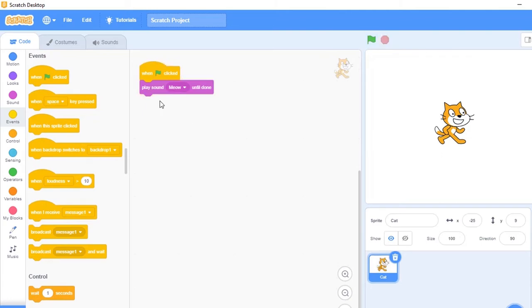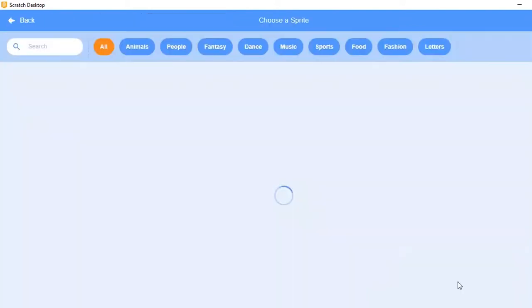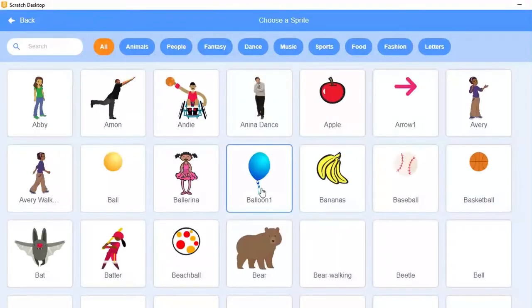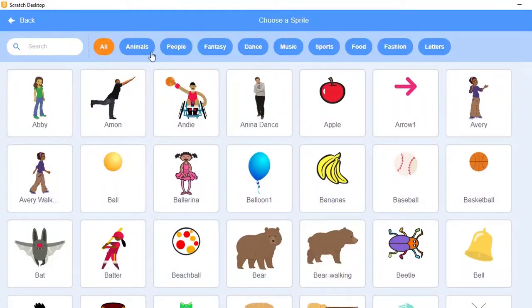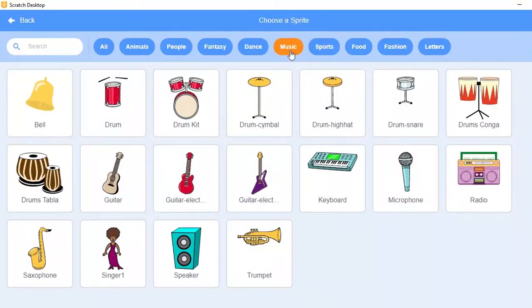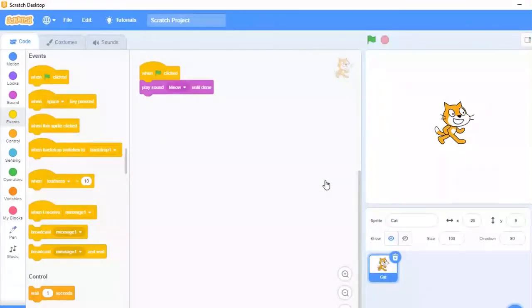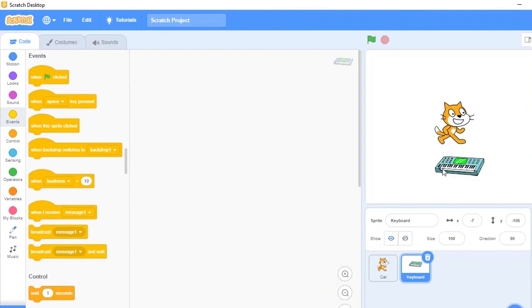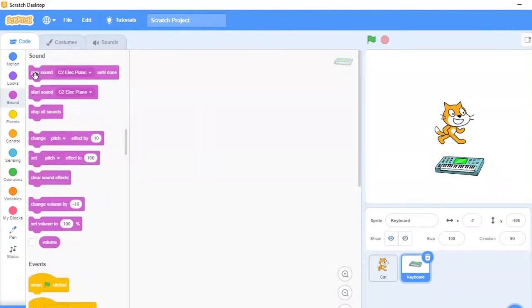So basically that is the sound for the cat, but let's bring something much more interesting. And how do we do that? Just go to this icon, choose the sprite, click on it, and it will open. It will load different characters, and they have been classified under different headings. So let's bring music. What do you want? Is it a bell, or a drum kit, cymbal, or a keyboard? Let's bring something like a keyboard here. Let's see if the keyboard has its own sound. So let's bring it,